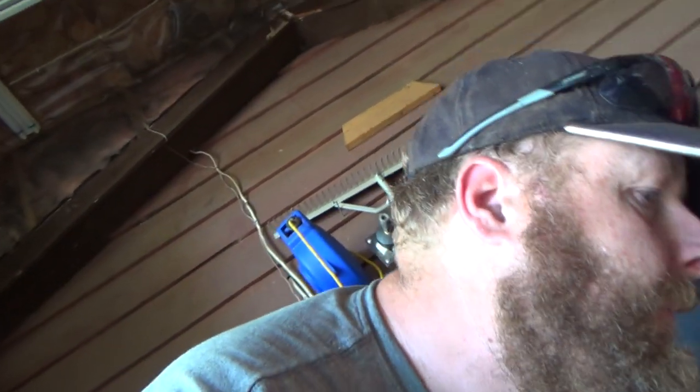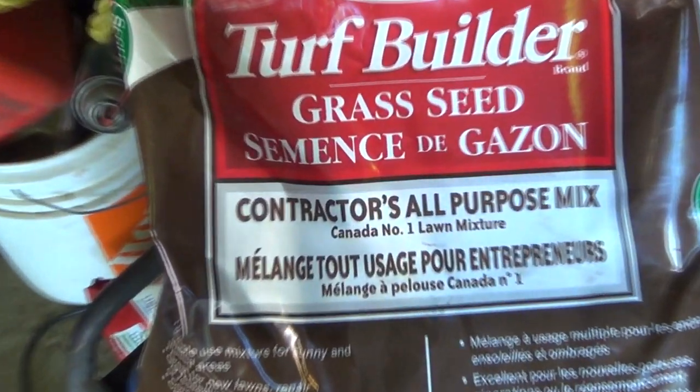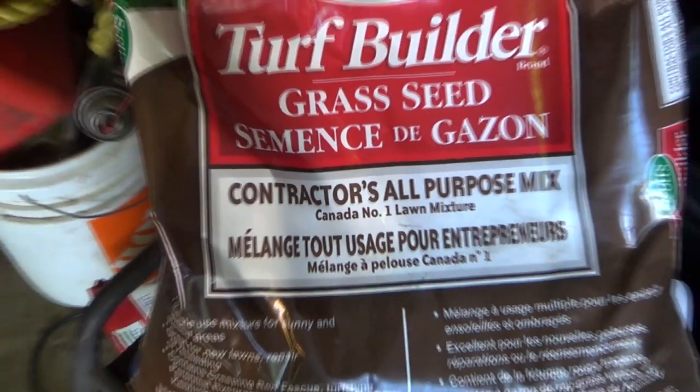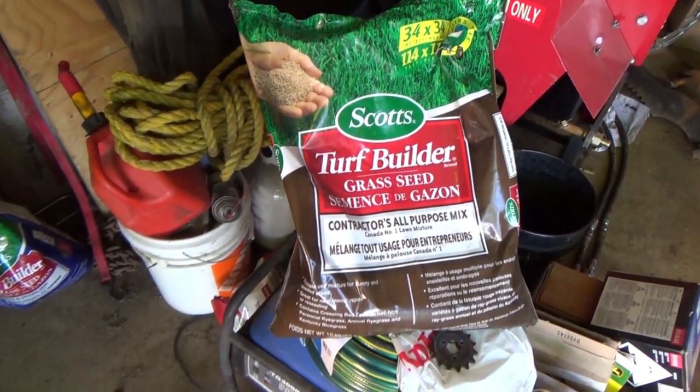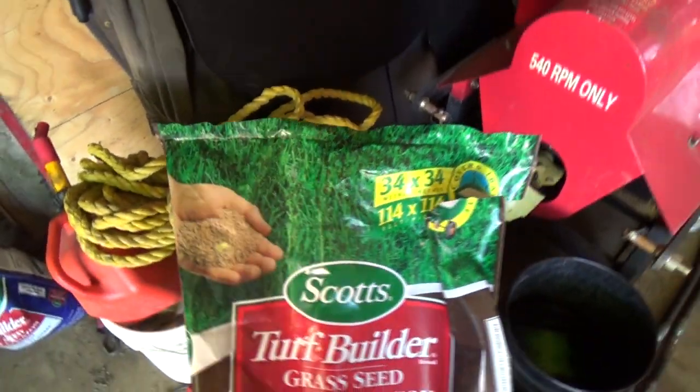All of a sudden, it's turned into like another nice day out here. So, it's a bit too wet to go back to mowing, but I'll show you if I can find it. I got this bag of grass seed, the Scott's grass seed that I really like. Scott's is a pretty good product, and that's it there. So Scott's Turf Builder Grass Seed Contractors All-Purpose Mix, Canada #1 lawn mixture. Well, this stuff seems to grow, and it comes in like straw. It's not nice like what they show you here. It's more like sticky straw kind of crap, where this stuff, I'll even show you the